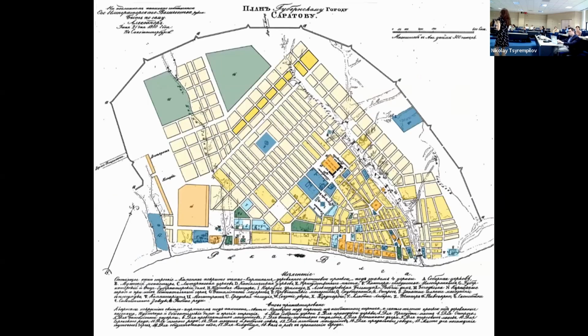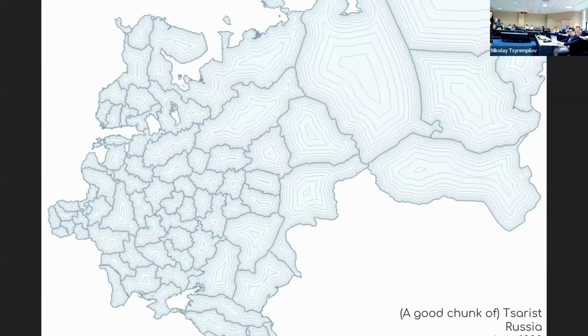So you can get a lot of data about how Russian towns were planned, not how they really were necessarily, but how the plans said they were supposed to be, right? Which is an interesting question. That's Saratov. It's actually one of my favorite maps in the set. And then you can take all of that data and bring it into a GIS system, just to visualize the scope of data that you pulled from a source like that.